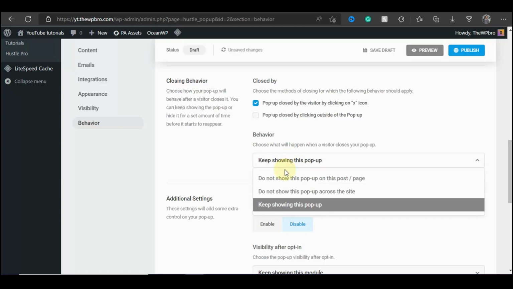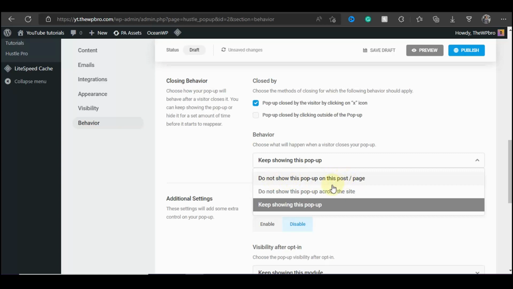When they visit your home page also, they're going to see the pop-up again. So you can either decide to not show the pop-up on the post page again, or any other page where they close the pop-up. So let's say they're actually reading a post on your website and then they close the pop-up there. Whenever they visit other posts, they're going to see the pop-up. But when they come back to that post where they closed your pop-up earlier on, they're not going to see the pop-up again. So you can choose that option, which is the first one,